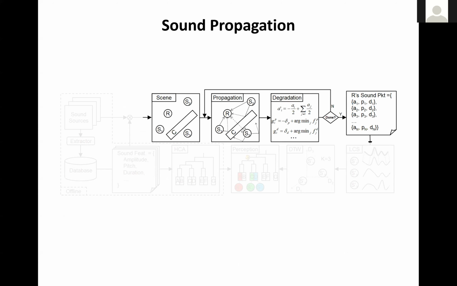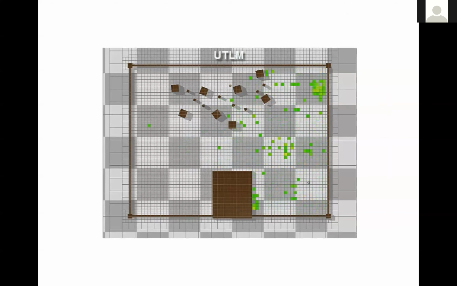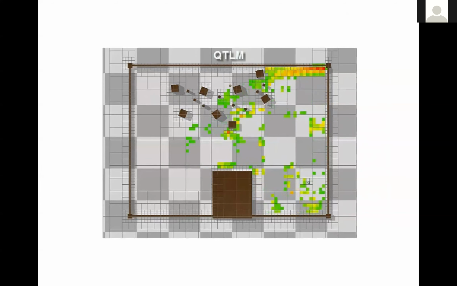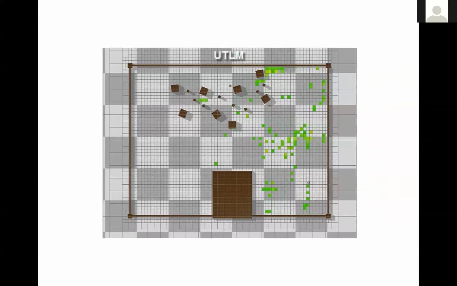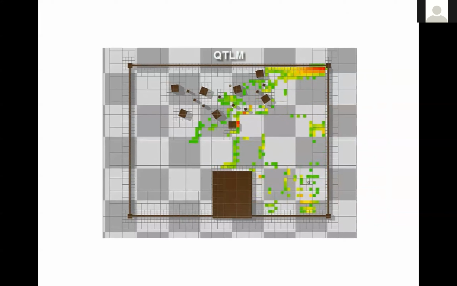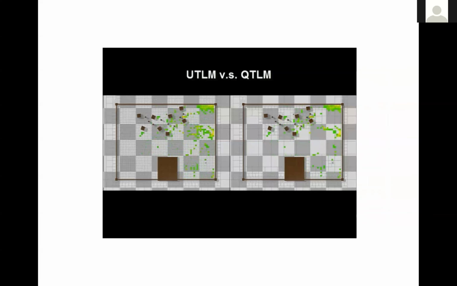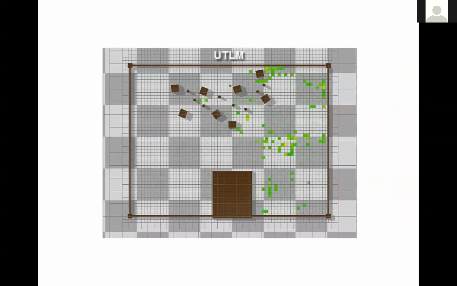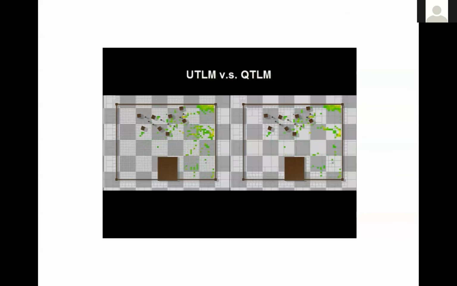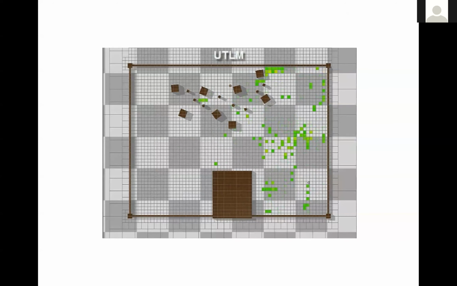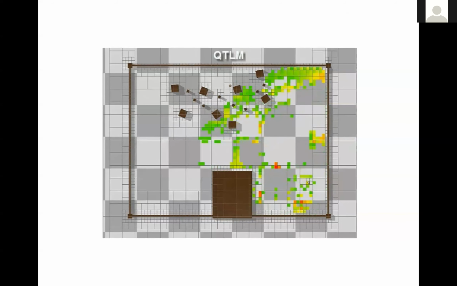These sounds are then propagated in these dynamic virtual environments. What you're visually seeing is a discrete representation of the environment. We can look at both a uniform representation as well as an adaptive quad-based representation, and we can propagate sound through these virtual environments. As you can see, as these sounds collide with obstacles and other aspects of the environment, they reflect, refract, and even undergo dissipation. As the sound travels further, it eventually attenuates and dies out. These are the kinds of properties of acoustic simulation that we can model using this approach.